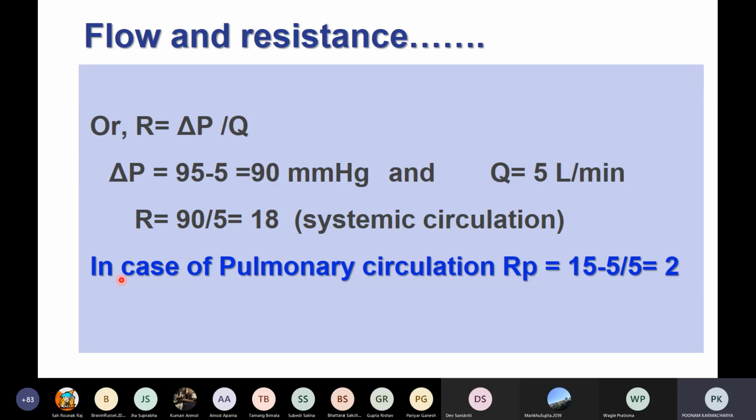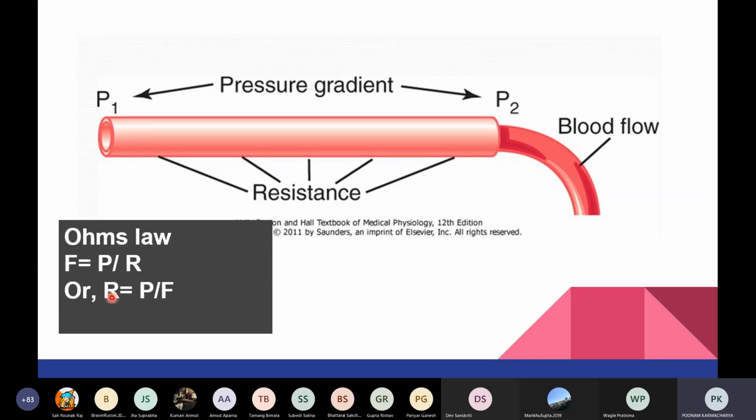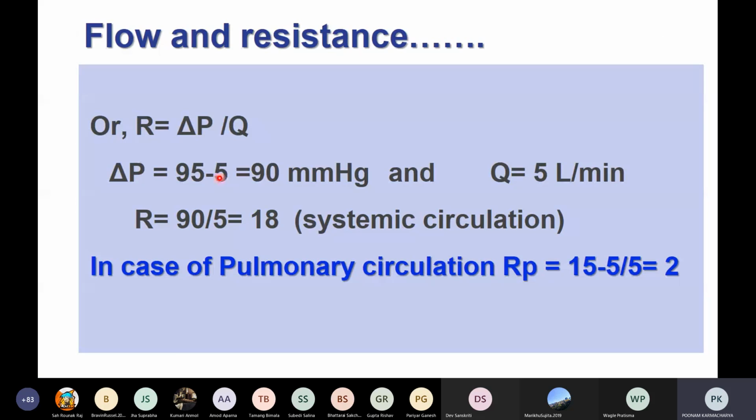So let us see how it has been calculated. By the previous formula, we saw that resistance is equal to pressure gradient divided by the blood flow, right? Here we are taking the example of systemic circulation and pulmonary circulation. We are going to calculate the resistance in the systemic circulation, and we are going to calculate the resistance